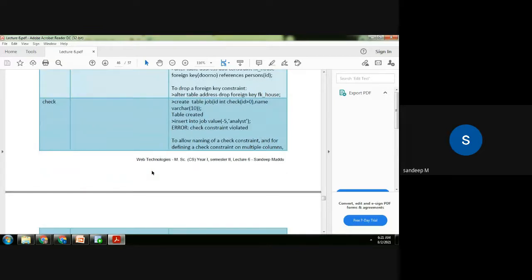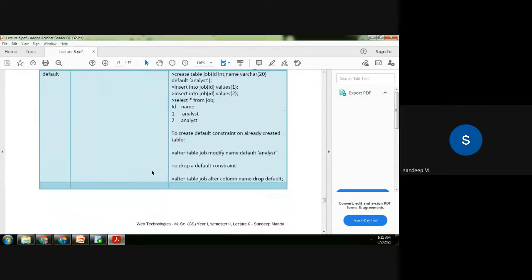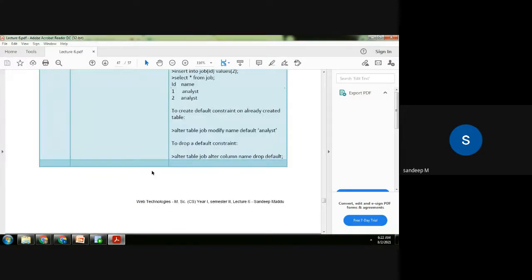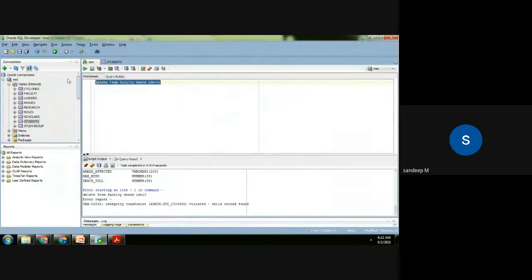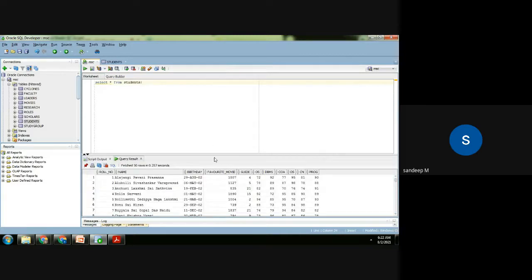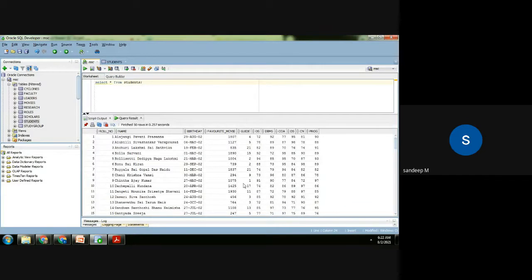Say for example a particular value, you can use the default if you don't want to specify, say for example in the guide allotment, let's see, all students. So all students have some guide allotted.